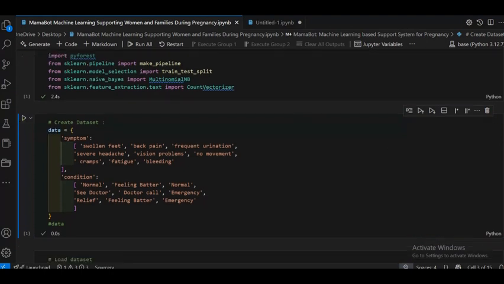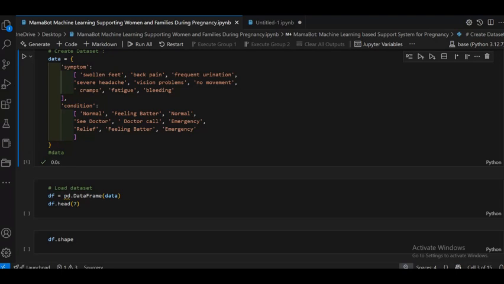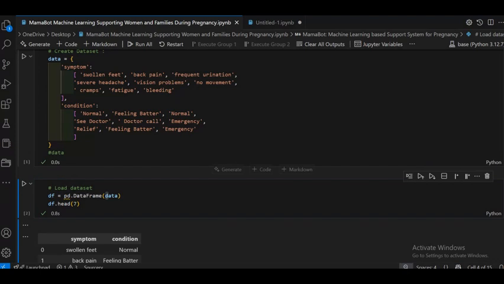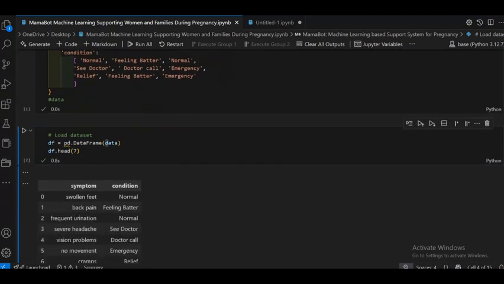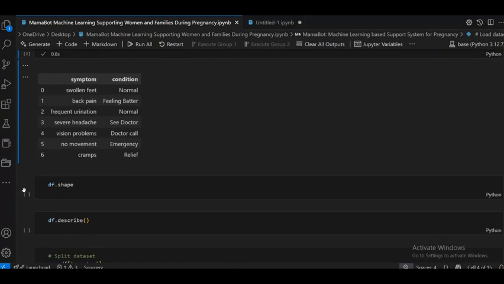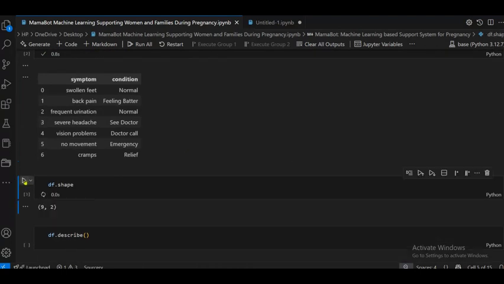Now I have created the data set. Now load the data set. So df is a variable name where I pass pd.DataFrame with the data, and then df.head with 7, so it shows the 7 rows. These are the two column names, symptom and condition. Now shape: how many rows and columns?